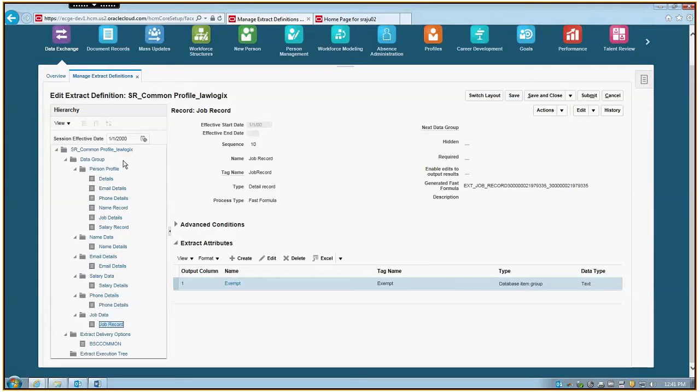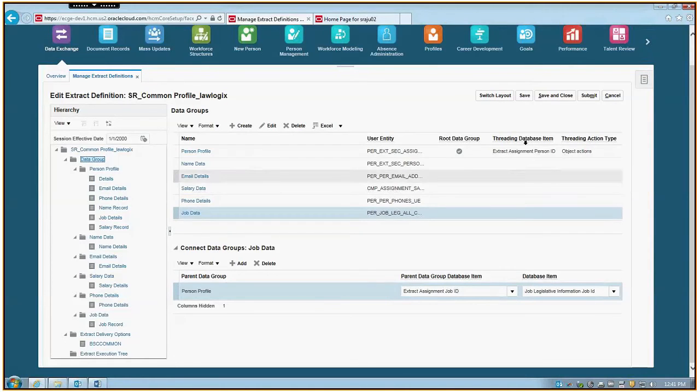When you join two tables, you give the key combination. Otherwise, it will end up in a Cartesian product and give everything, right? So you need to map the parent-child relationship, I mean, you need to map the key. So that you need to do here. So after defining all the data groups, here you need to, if you see here,